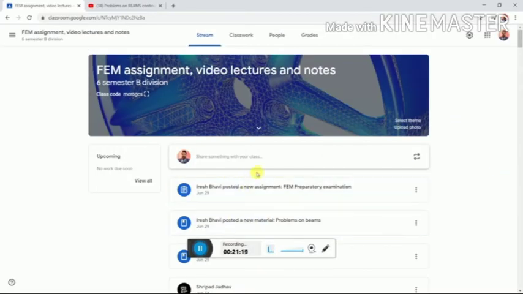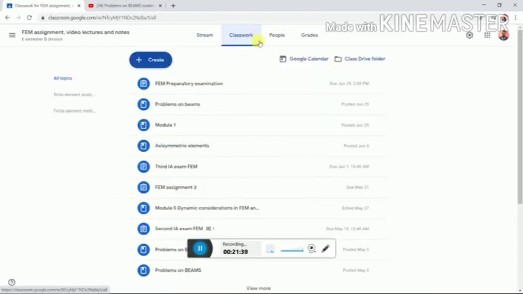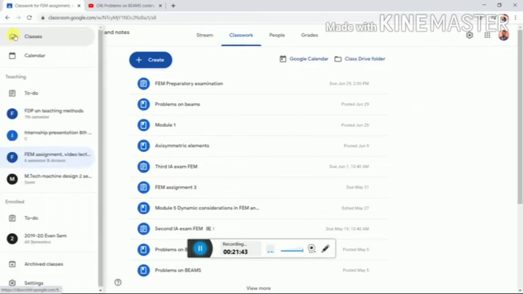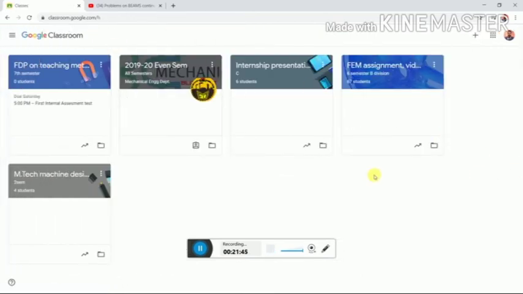And once I create the assignments, I can post those assignments and the students can write the assignment and submit it, and I can even evaluate and grade those assignments, meaning I can put marks to those assignments. This is about how to use Google Classroom, and there are other features also in Google Classroom. I will show you a few more additional features.